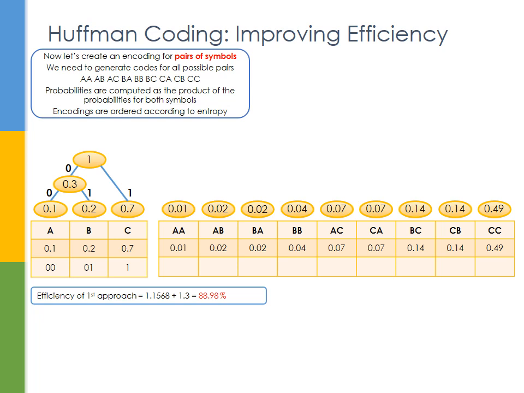So what I've done here as well then, just to make the tree a little bit neater and easier to follow, is I've ordered these pairs according to probabilities, with the smallest probabilities on the left and the highest probabilities on the right. So now we just proceed as normal and build our Huffman coding tree. So first of all, we merge the pairs AA and AB. Notice that AA has a probability of 0.01 and AB has a probability of 0.02, which produces a cumulative probability